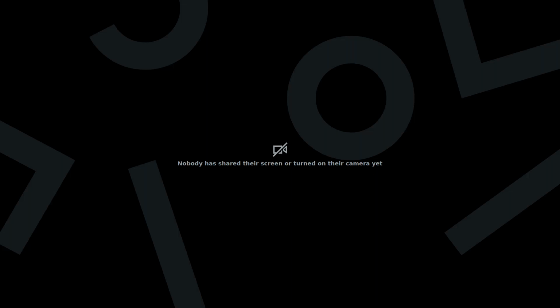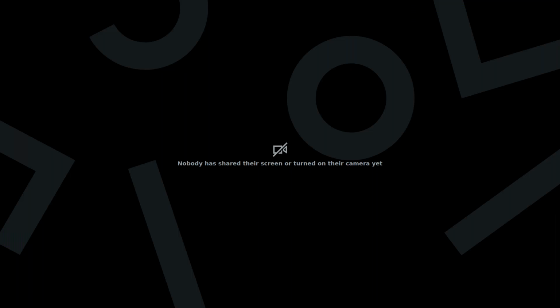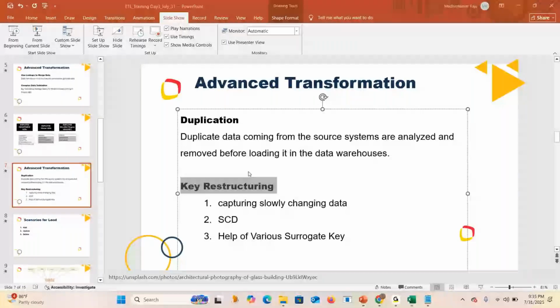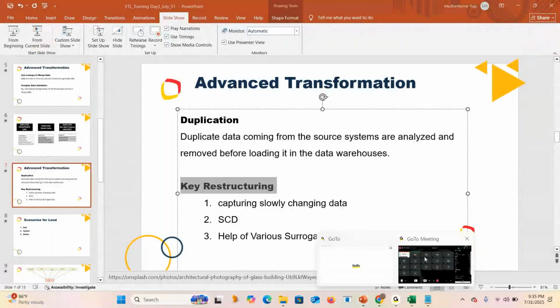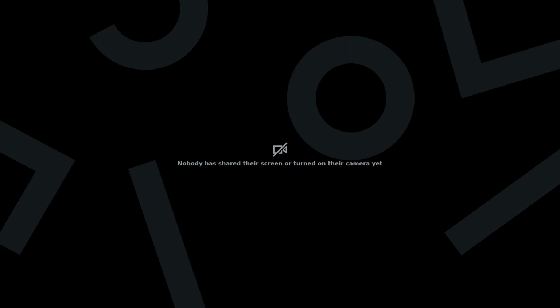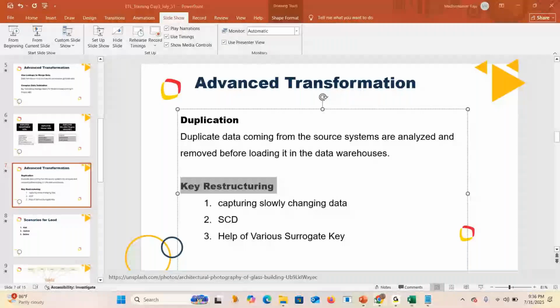Okay, can you see the screen now? The screen is black. Actually, we could see the program since the beginning. Okay, fine. You can see now, no?